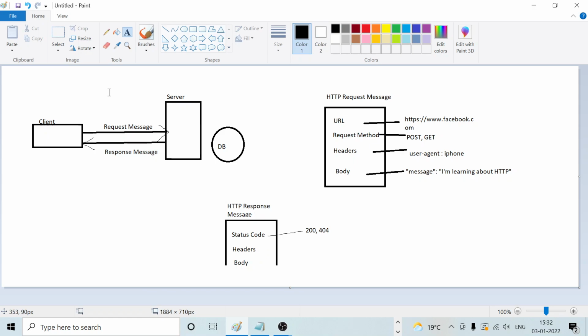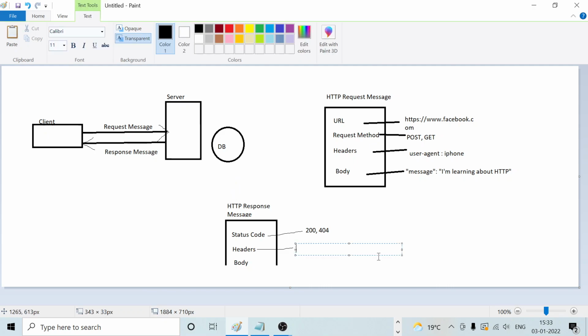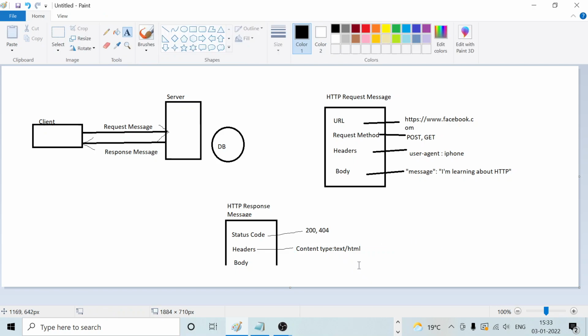In the header you can check the format of the response message. For example, content type may be text, HTML, or JSON. So by using the header you can identify which format the response is in.